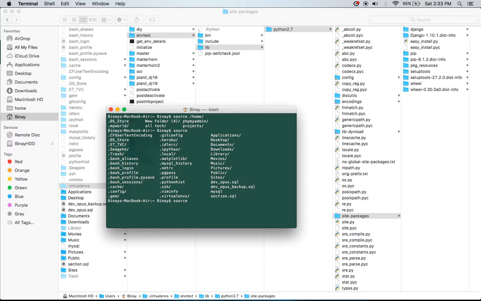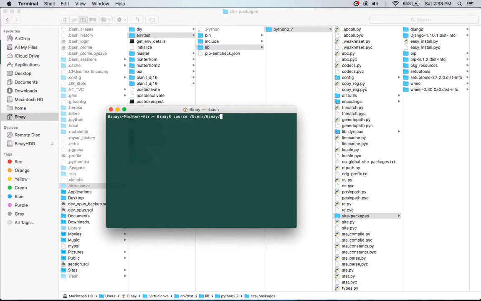Oh, users. You can do this the hard way. The easy way is,